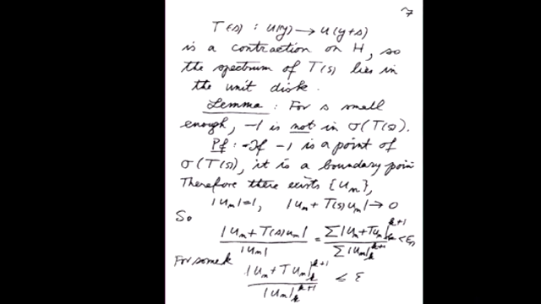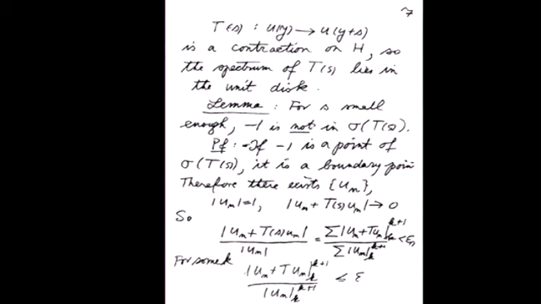First of all, the translation operation is a contraction, so you know that its spectrum must lie in the unit disk. But of course, a priori it could be the whole unit disk. So I have a series of lemmas which chip away at the unit disk, showing that not all of it can be the spectrum. So the first lemma says that for S small enough, -1 is not in the spectrum of T of S. The proof goes by contradiction.